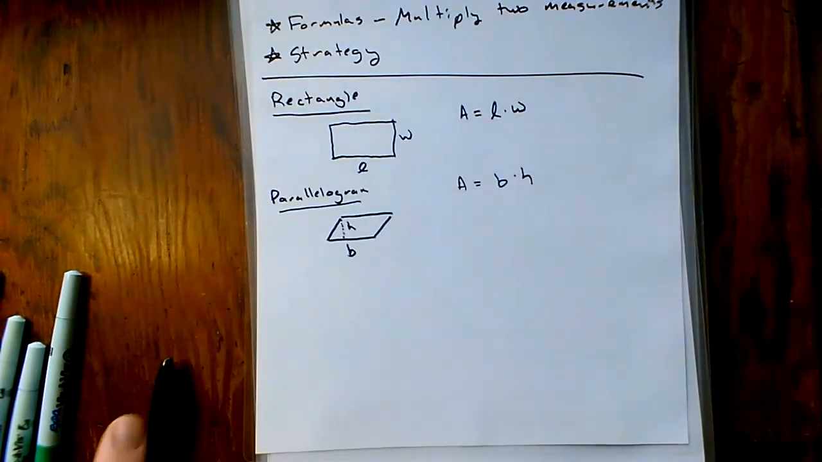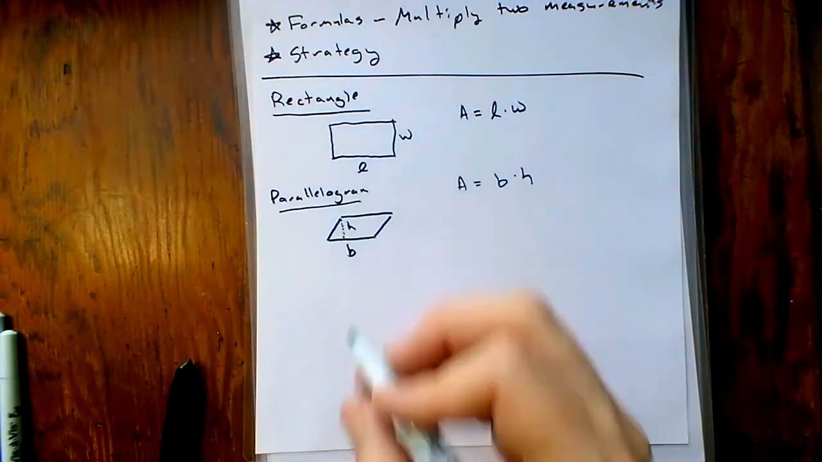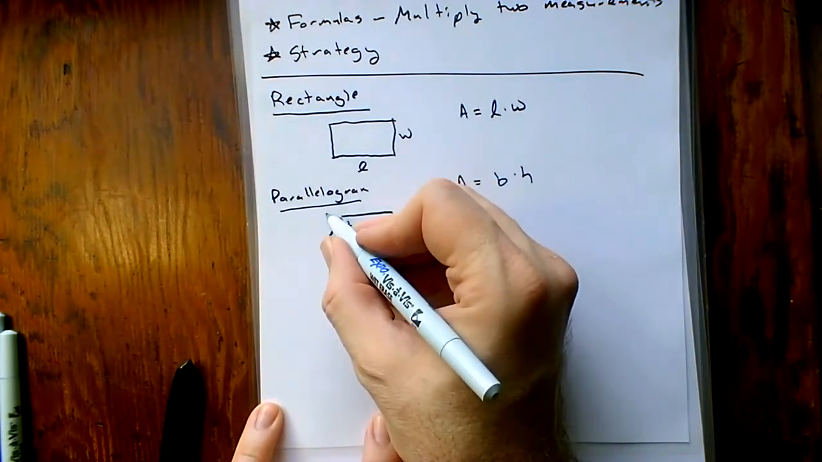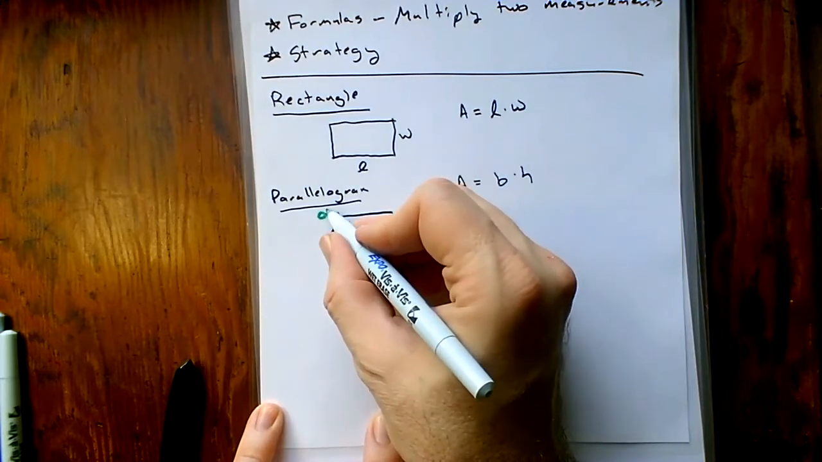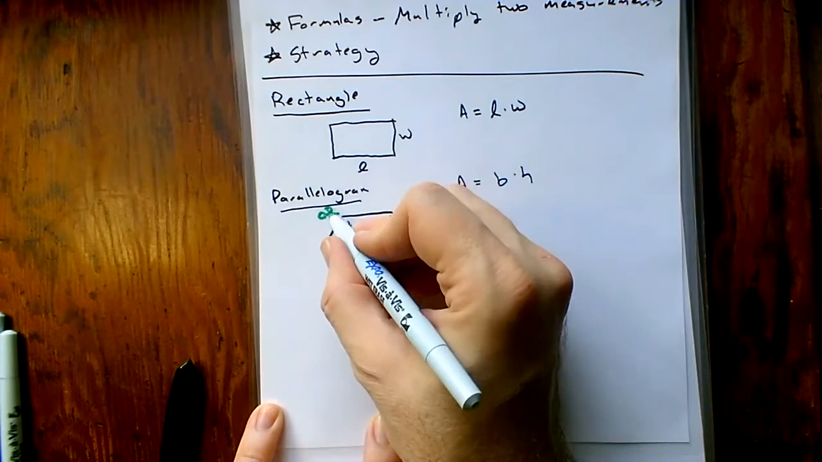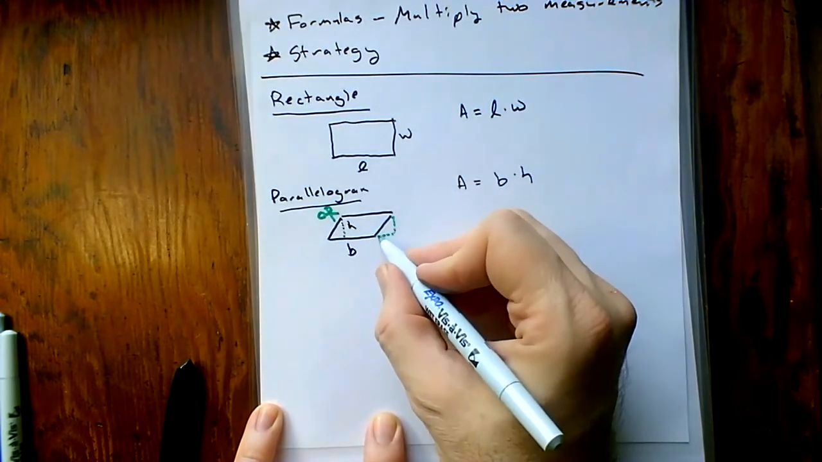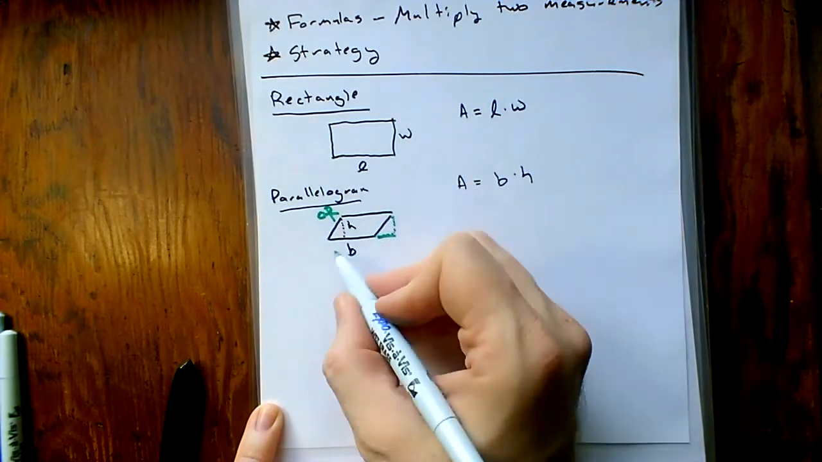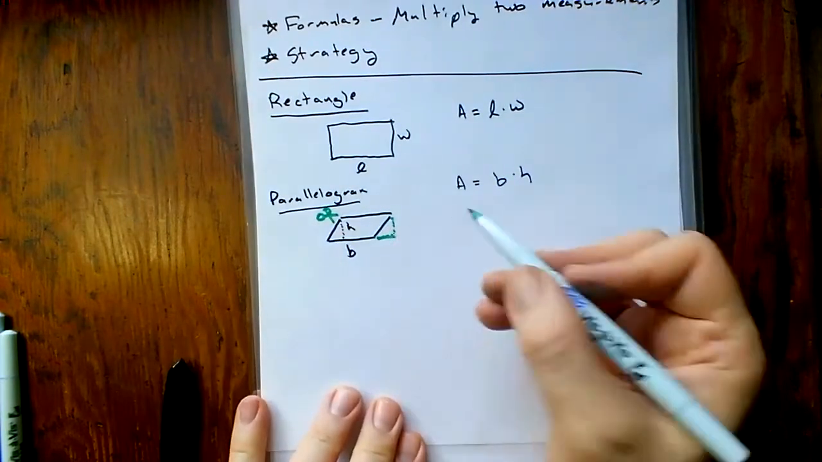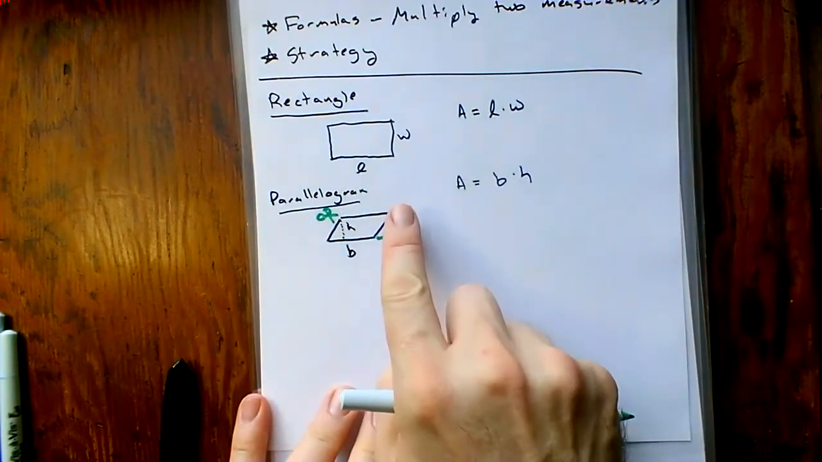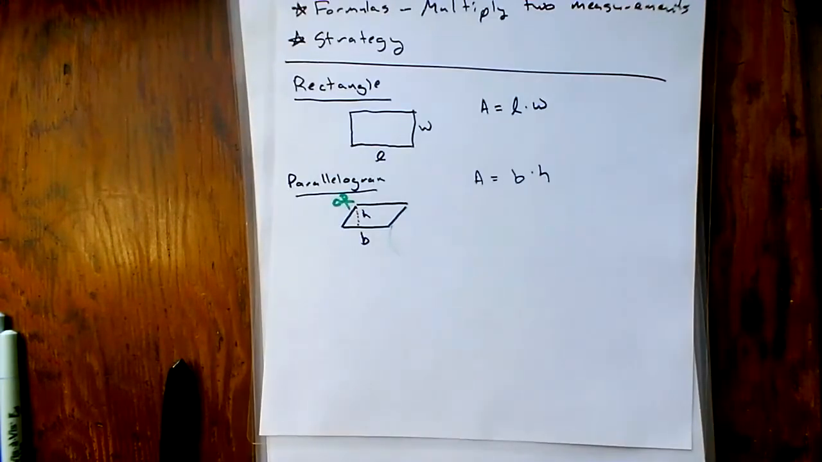Now, part of this is relatively easy to see if you were to cut that little piece off and then tack it on right here. You would be right back to a rectangle. So that's one of the reasons why the area of a parallelogram looks a lot like the area of a rectangle. Anyway,